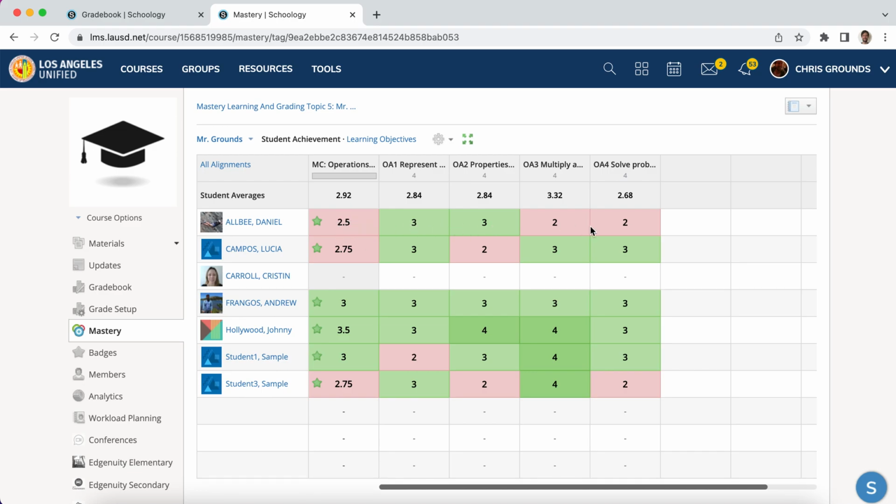Again, that averaging would not be as problematic here because these are final levels of proficiency in each of these 4 learning targets. So then those are averaged together to determine an overall score. We're not averaging over time within the same learning target, which would be problematic. So that was an example of operations and algebraic thinking. We also have